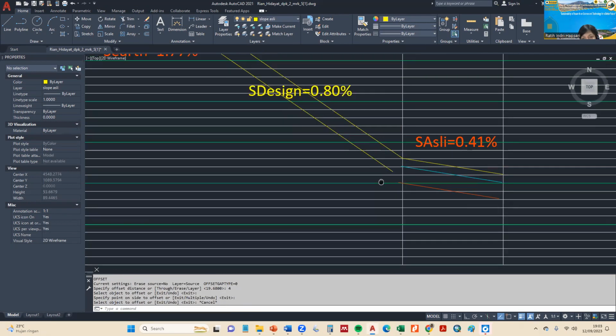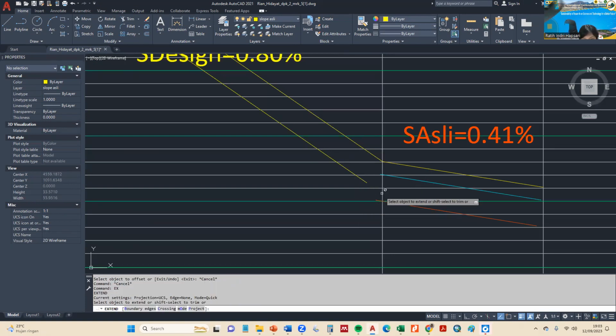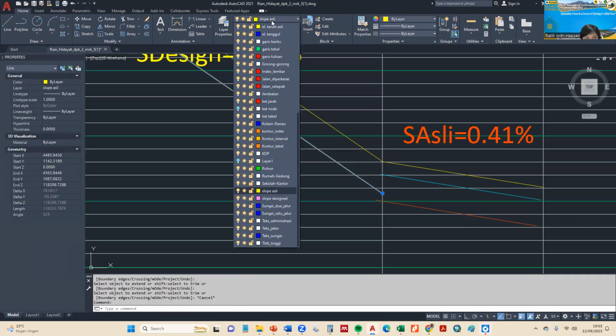Offset 4, this is the original, and I will extend this to this, and to this, and this is the channel bed,